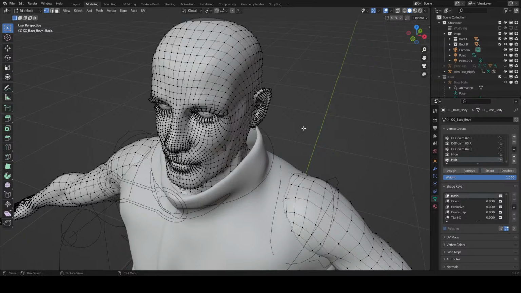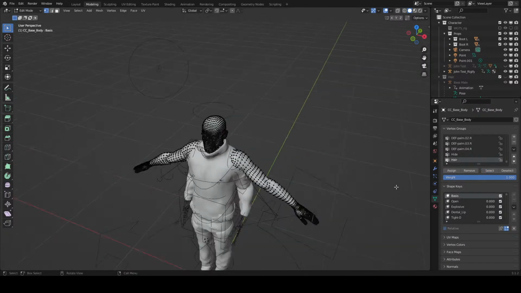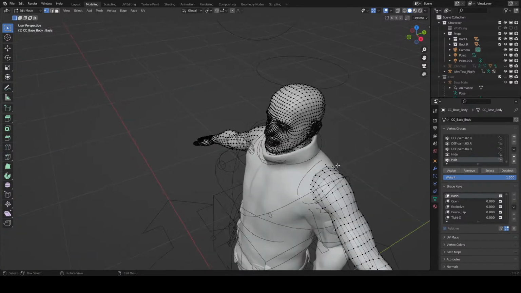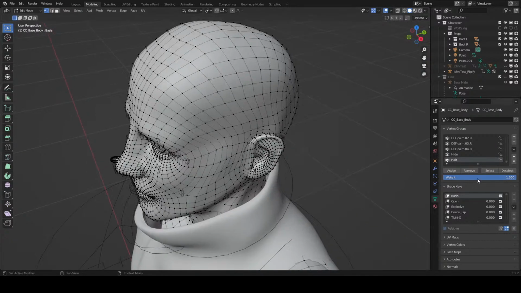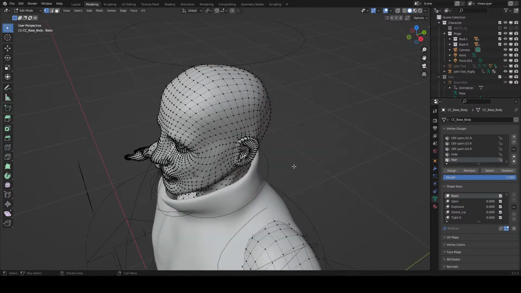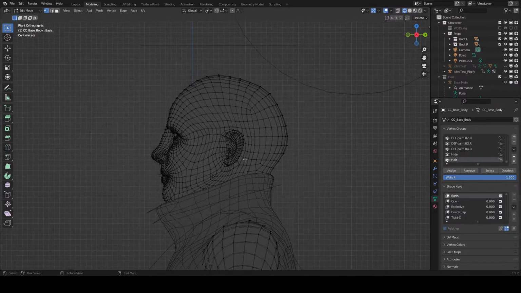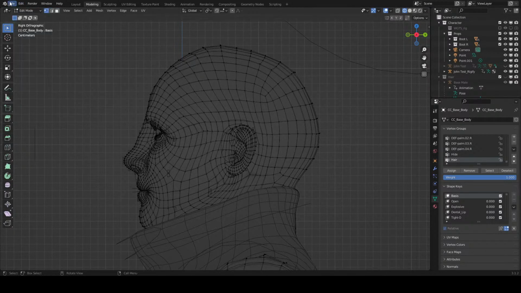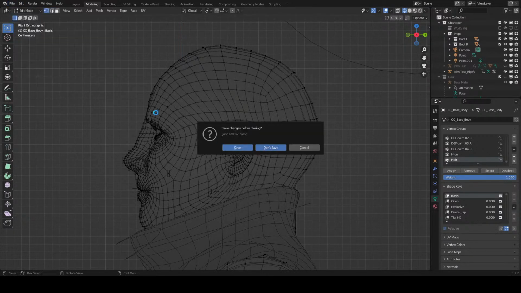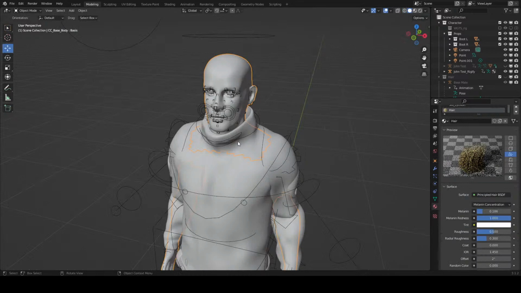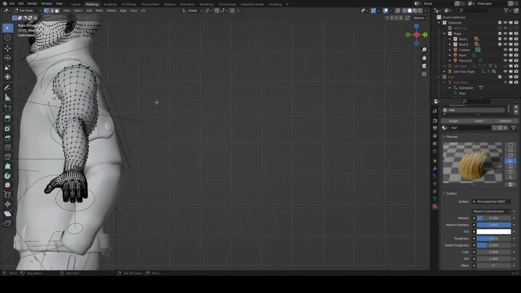Let's see, select. Okay, yeah, we don't seem to have anything assigned to our hair. And I think, because the hair was already modified, we might be able to cheat this a little bit, at least for the time being. And then hopefully later we can get into learning